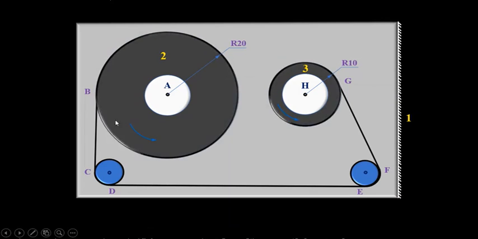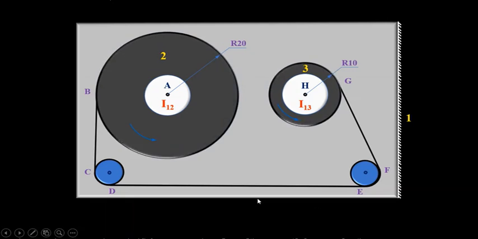As we see here, link 2 is rotating relative to link 1 about this point A. So there is a relative motion between link 2 and link 1 about point A. We can easily say that they are forming a revolute pair, so A will be representing I12. Similarly, link number 3 is rotating about point H relative to frame 1, so point H can be said as I13. So these are the two instantaneous centers which we can easily locate by inspection.